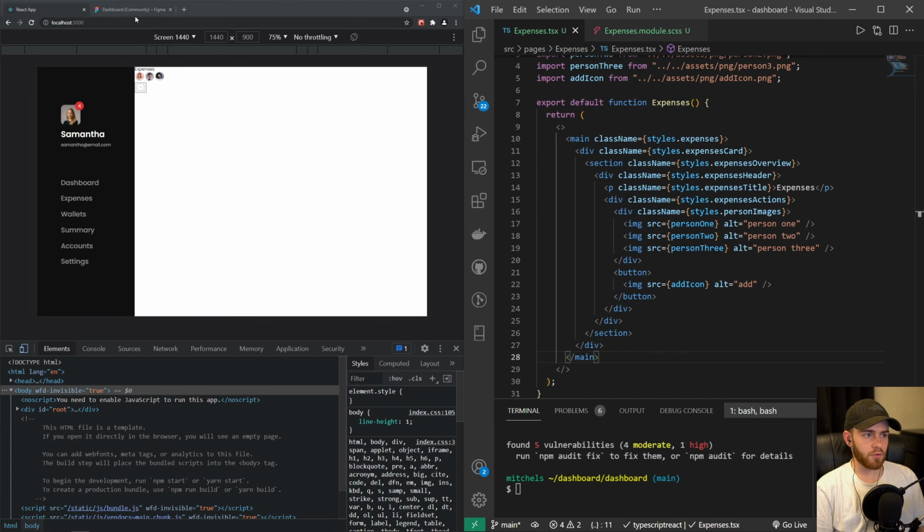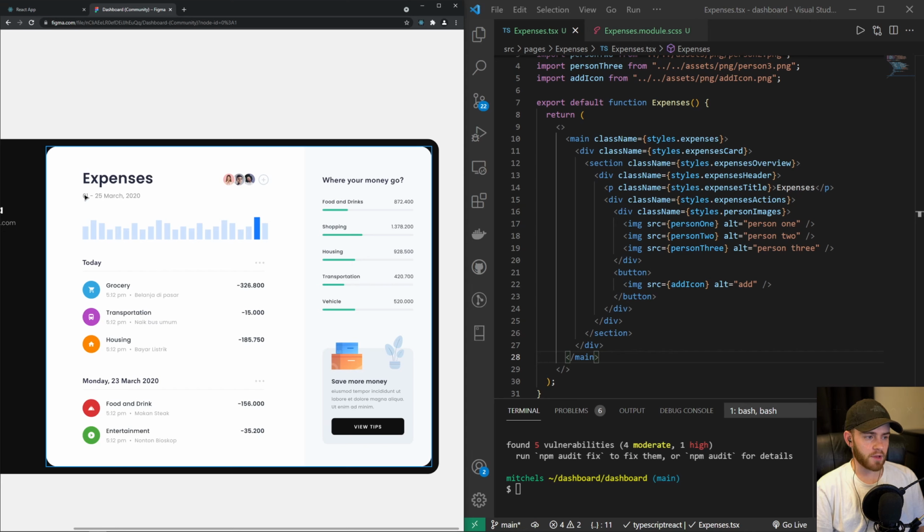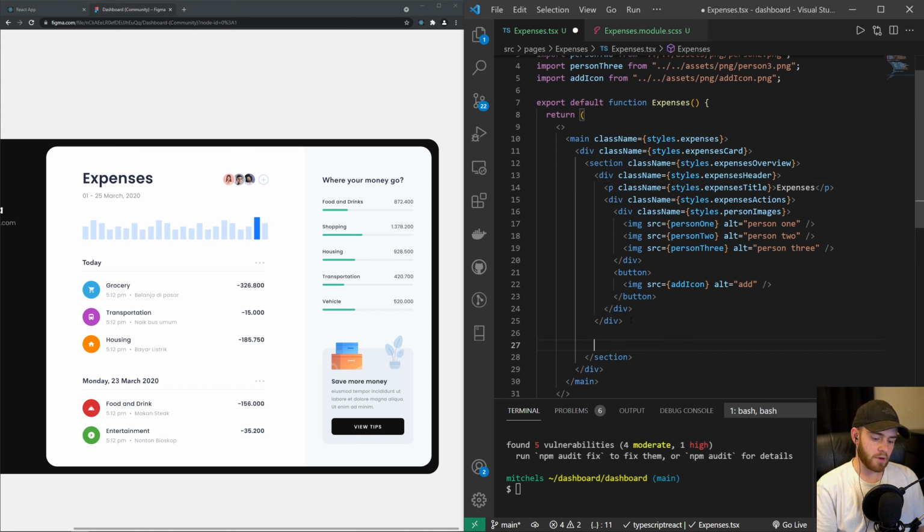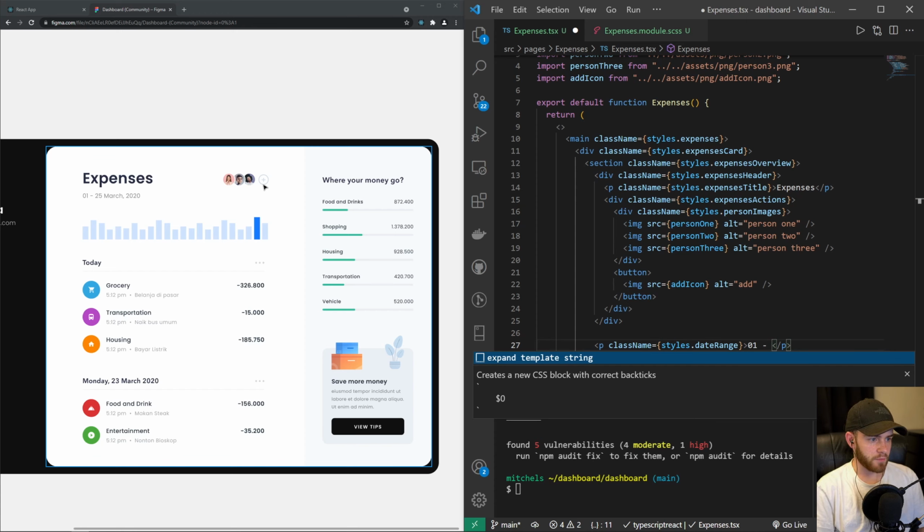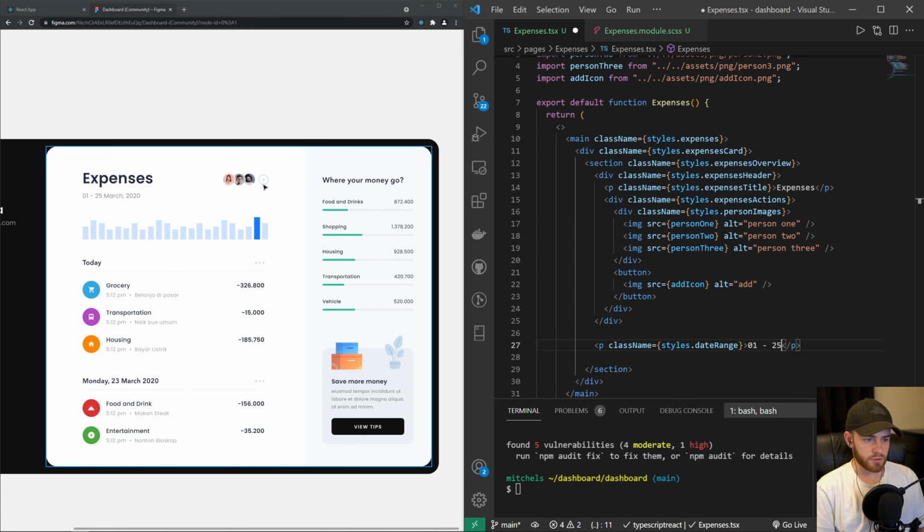So then let's move on to the next part. We will have the date range and that chart right here. So let's create that, which is below the header. Right here we have the header, and then we have another paragraph tag, and let's give that a class of styles dot date range, and it says March 1st till March 25th,